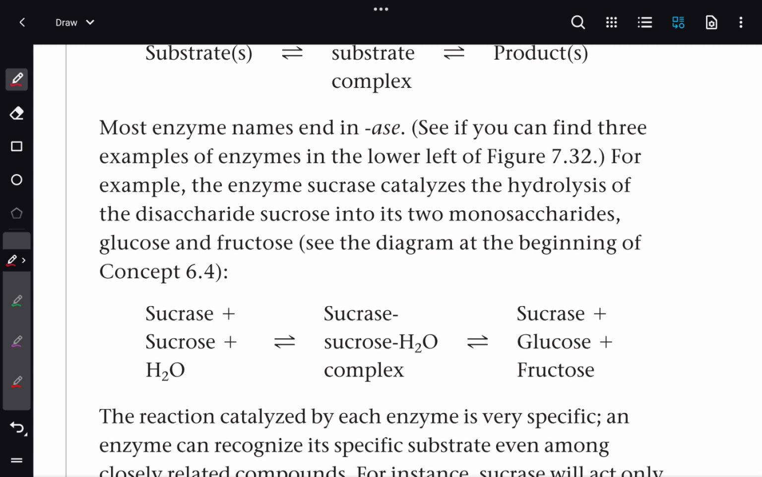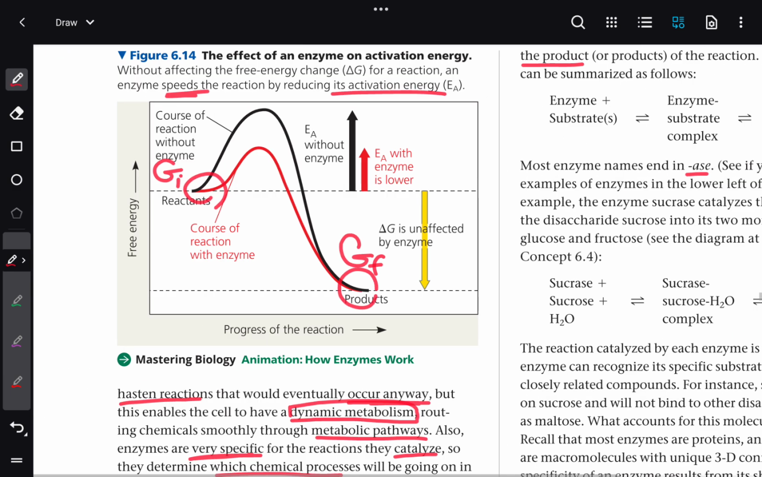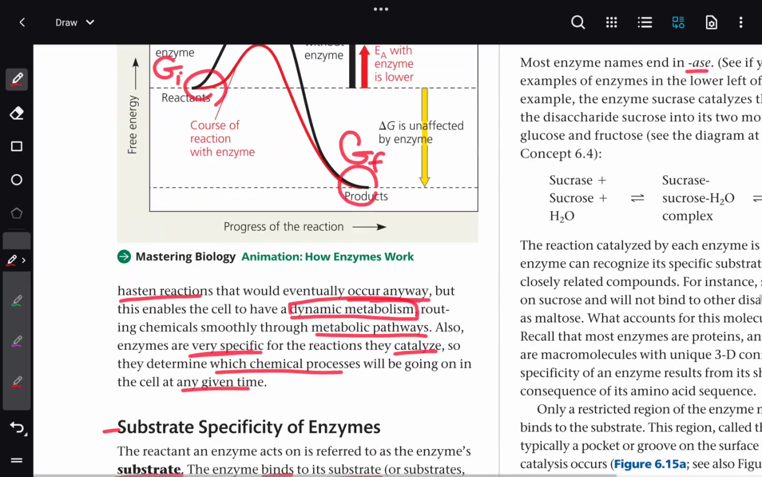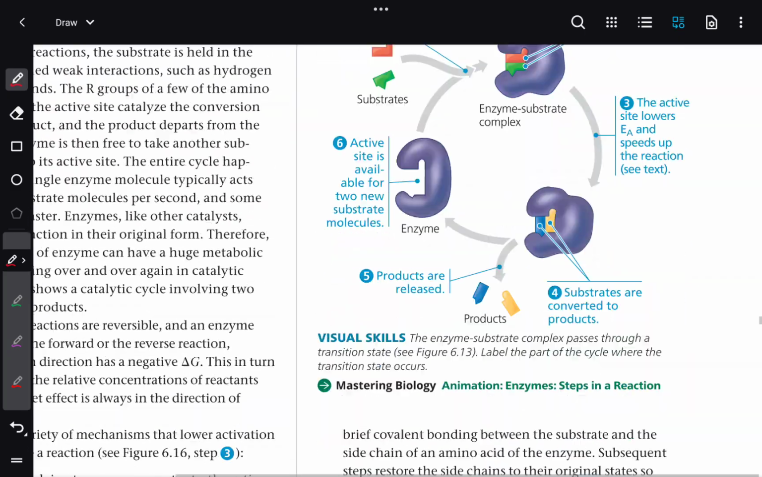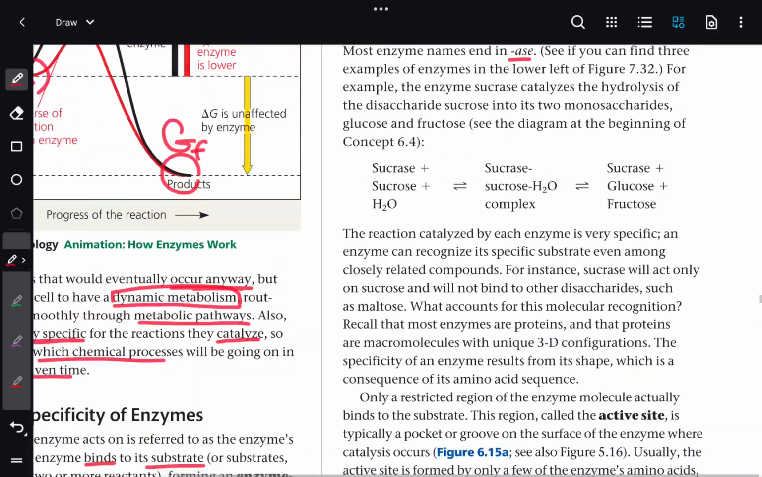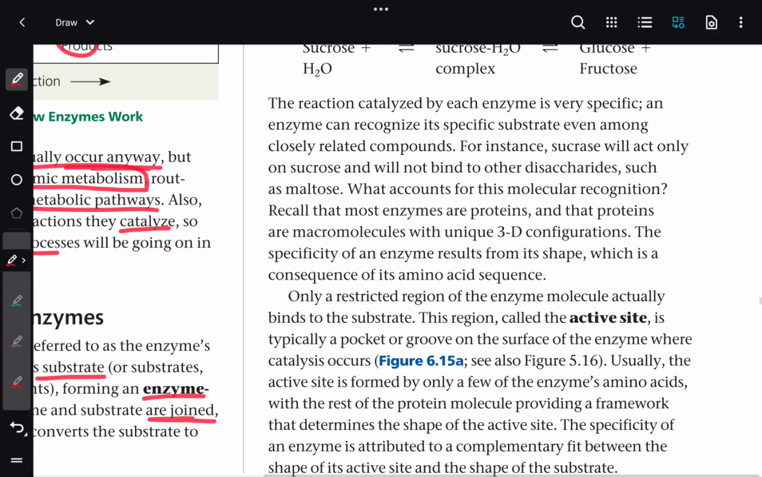Most enzyme names end in "ase." See if you can find 3 examples in the lower left of the figure. Where is the figure? Anyway,